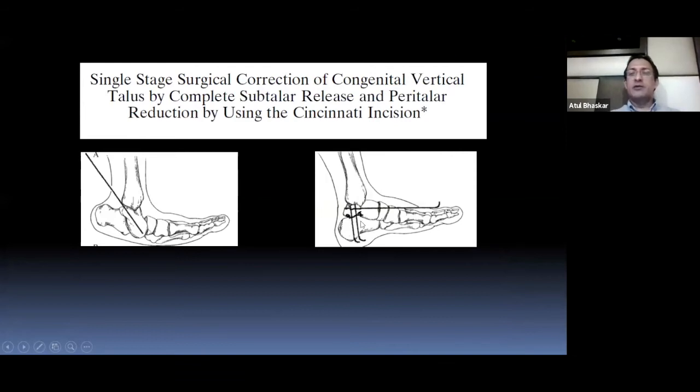Remember that the talus is in, the calcaneum is in abduction, it is in eversion, rather than in a clubfoot where it is in varus. Here the hindfoot is in valgus. So you do a reverse Z lengthening. You cut the lateral half of the tendo achilles and not the medial half. What do you do in clubfoot?